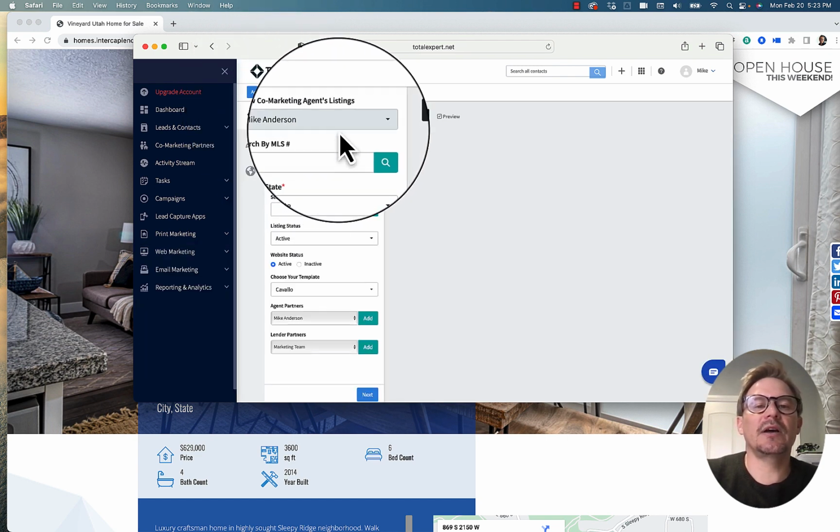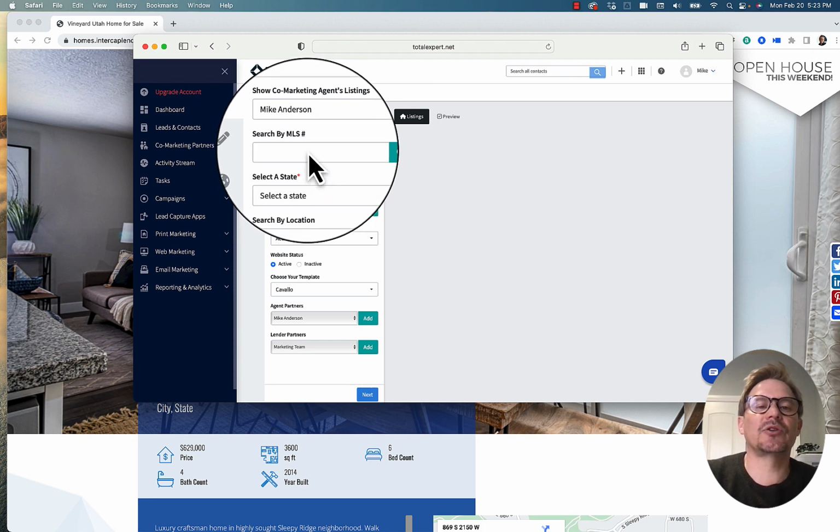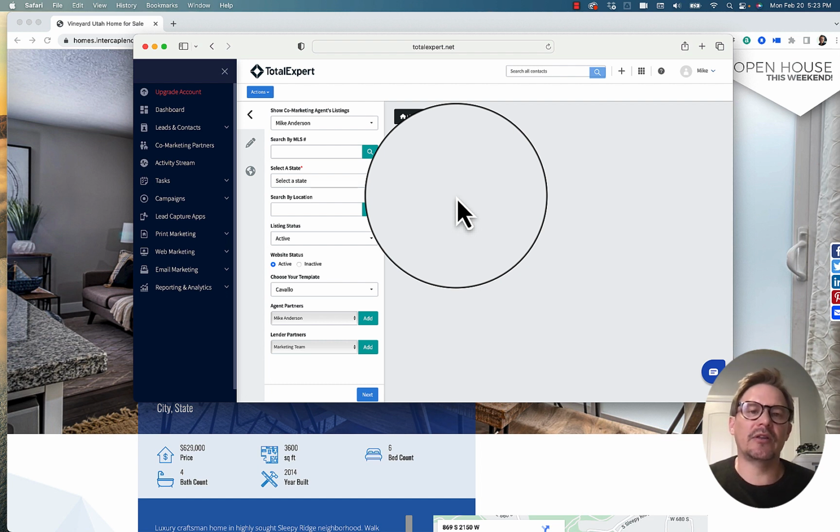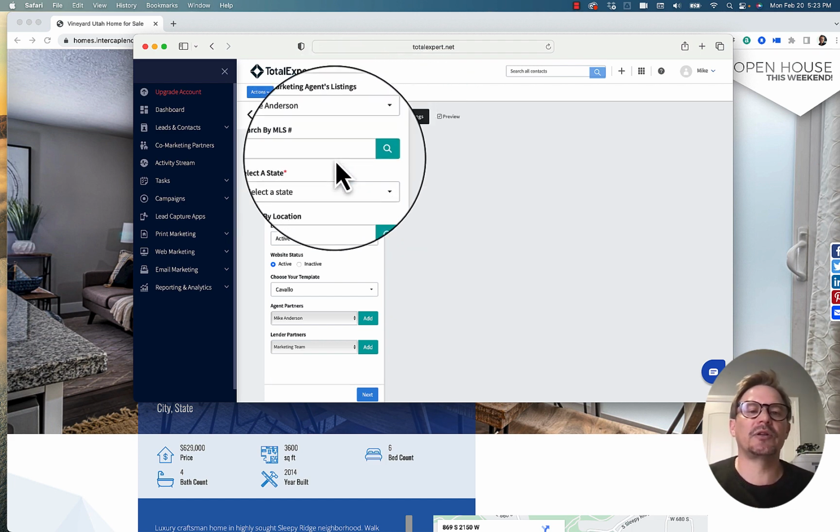and you'll see, first of all, the option to search by the MLS number. If your listing has been active for at least 48 hours, it'll be propagated so that you can download it and create a single property website in just a few seconds. If you're following the Captivate program, you're probably not going to have that time to wait, 2 days or 48 hours. And the pictures usually aren't as good either if you download it from the MLS. The MLS does downsample or downsize those pictures that you upload, and so by the time you bring them back to, or download them to the single property website,